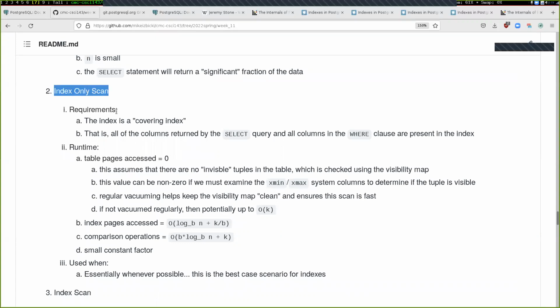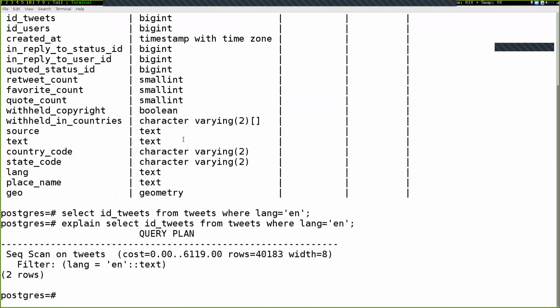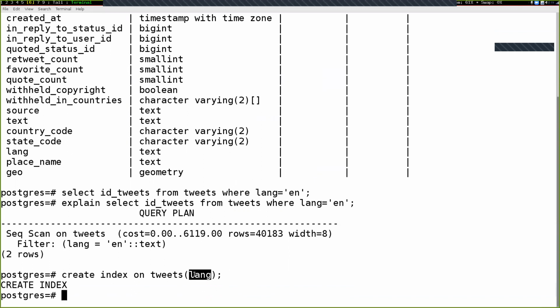So the index-only scan. First, let's talk about how you can actually create an index. Create index is the name of the command, and then we say on the name of the table. In this case, we'll do tweets, and then the list of columns that you want to create your index on. So here we'll do lang, creating an index on the lang column. What this means is that in the,